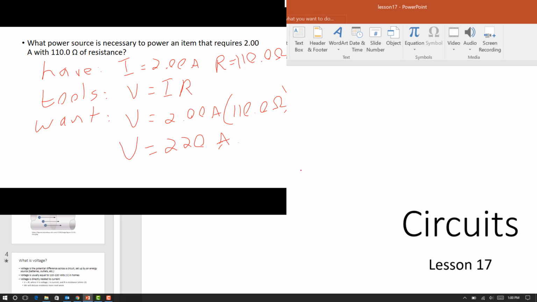And we'll just leave our units like this for now, because again, we haven't talked a great deal about what resistance actually is. And so when we do, you'll see the relationship between resistance and amperage, and then we can figure out how that relates to actual voltage. Okay. So 220 amps times ohms would be our power source. That's the potential difference necessary in order to power this item. All right. Any questions,